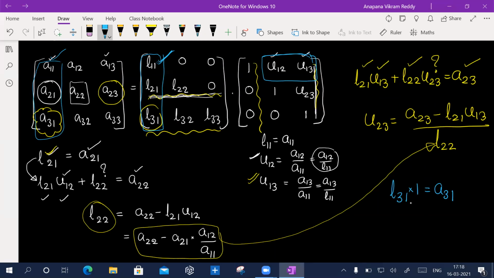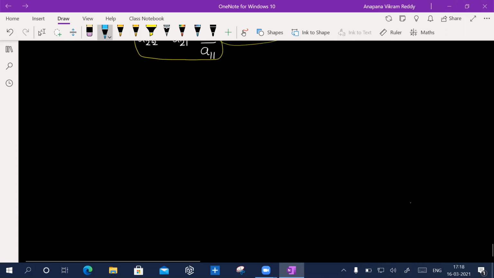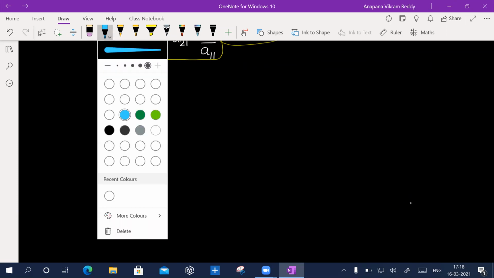And I know the first row of the U matrix is directly connected to the first row of the A matrix. This also I can take as one of the steps in the algorithm. And for the remaining things you found L22, U23, and similarly you can find L32 and L33. You have two left, right? You can find these two also. Can anyone develop an algorithm for this? These algorithms or methods are not given in the textbook by Chapra, but they are very important.